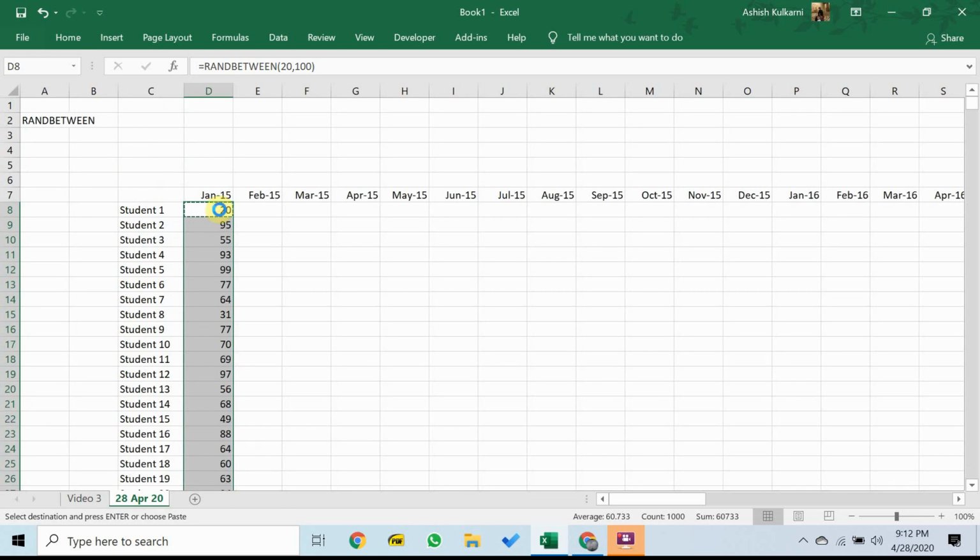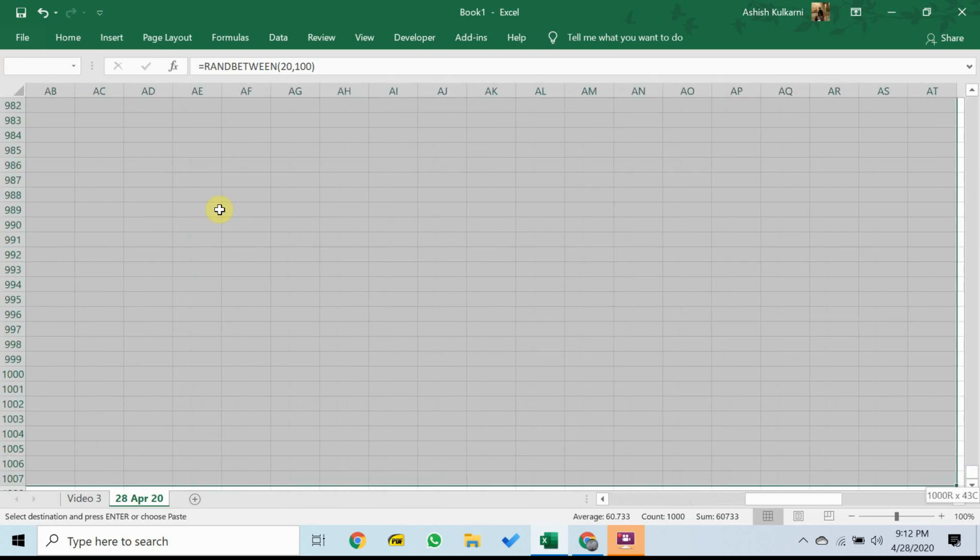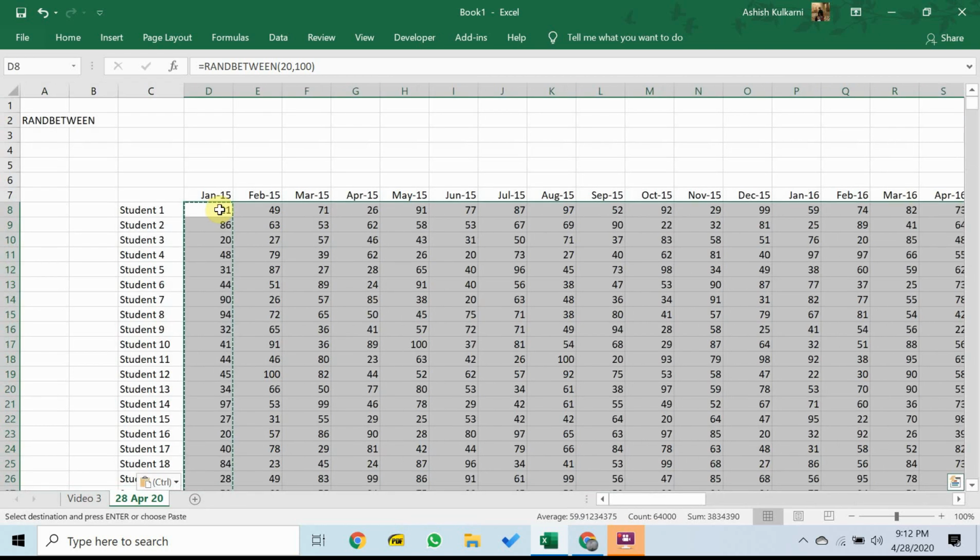Now I copy this column, Ctrl C, and we move to the right. This is why I said keep in mind that our table ends at BO, so that I copy this out only until BO and not beyond. Press Ctrl V and we have our table. So we have a pretty big table now.